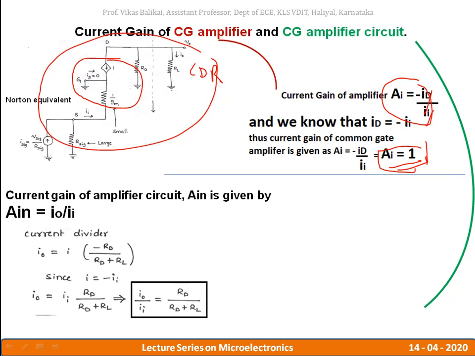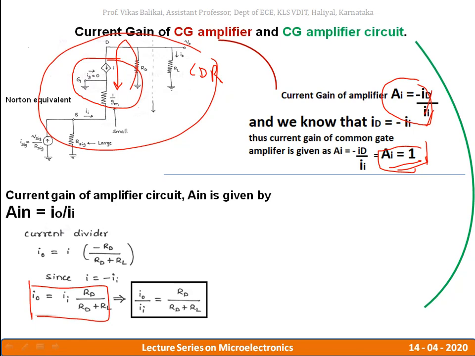So once I do this, I'll calculate what is I naught. It will be this. Again, why the minus sign over here? Because the current is flowing in the opposite direction, that is from the ground terminal to the drain and then over here. So if I do this, and finally I'm going to substitute what is I basically here. It is exactly the opposite of your II, both are opposite in nature. So I is replaced with minus II. So I naught is written as, I will be replaced with minus II, minus minus will become plus, and I naught will be equal to II times RD divided by RD plus RL.